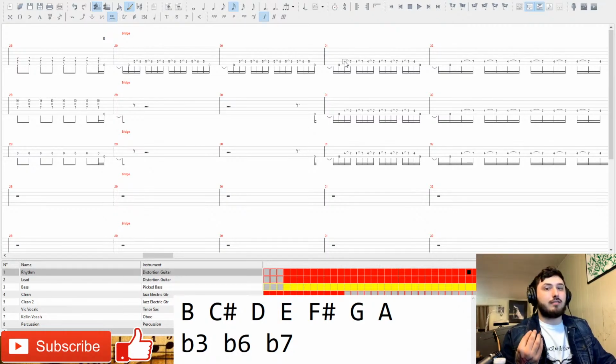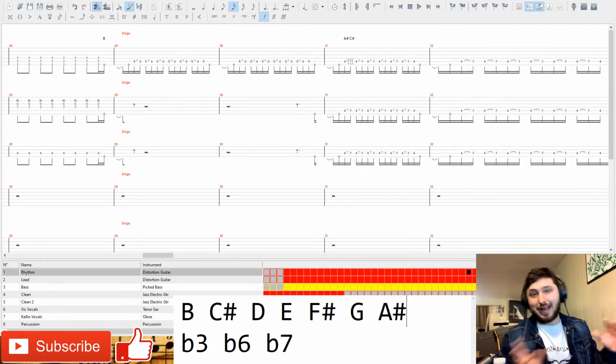And in a lot of cases, this would just look like chromatic planing, when you take the exact same shape and just move it somewhere, regardless of how it fits into the key. But in this case, we have an A sharp here and a C sharp, and those don't fit into natural minor, but they do fit into that harmonic minor from earlier. So we've now used chromatic planing to successfully switch back to harmonic minor right when the screams kick in.